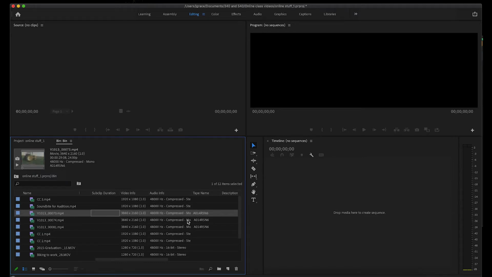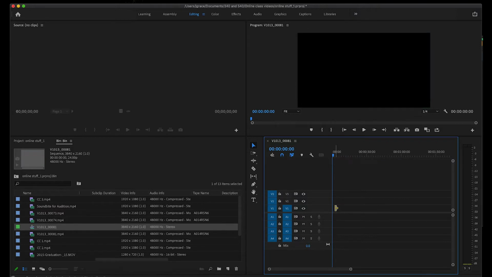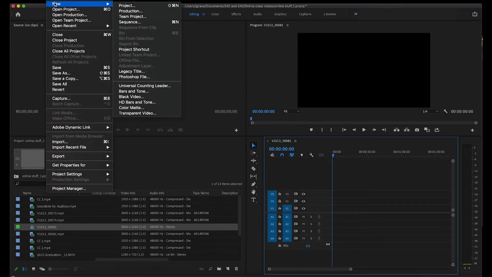But first, we want to set up our timeline, because if you just drag and drop this 4K shot into the timeline, you now just made a 4K timeline, which is not what we want to do for this project. So I'm going to hit Edit Undo, which is Command Z on my Mac. I'm going to say File, New Sequence,